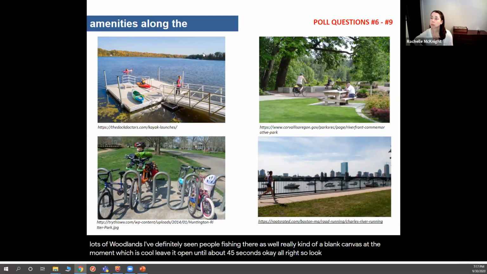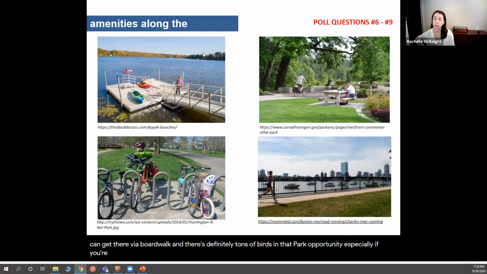All right, so it looks like people are looking for more benches, picnic tables, and grills, more opportunities to enjoy the landscape, places to sit. I know that the bike path, you can go for quite a long distance along that bike path, so people are potentially wanting to get off their bikes and be able to enjoy the beautiful sun and the views in that park. The other thing that came to the top is boardwalks and nature watching, potentially river access points where you could get there via a boardwalk. And there's definitely tons of birds in that park and lots of other types of wildlife. So that's a great opportunity, especially if you're sitting on a bench, to be able to look at nature and enjoy nature.